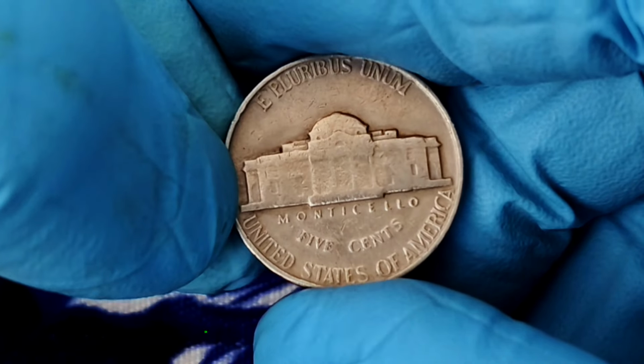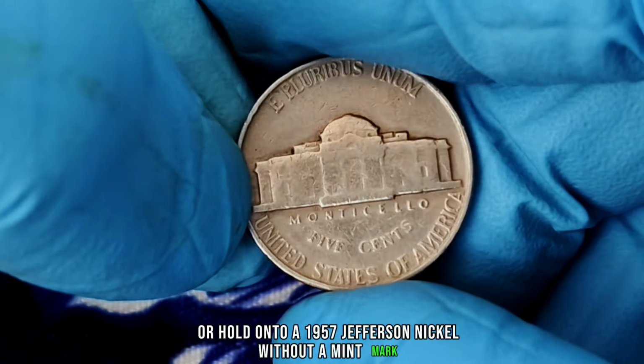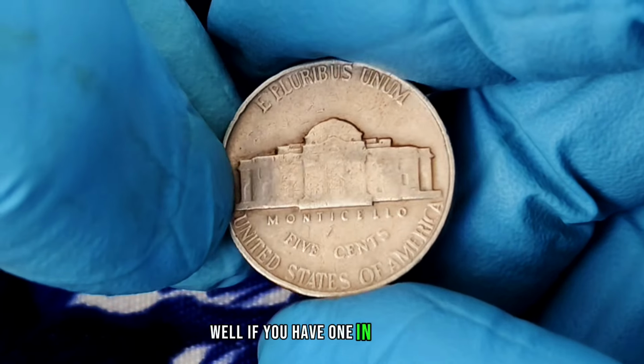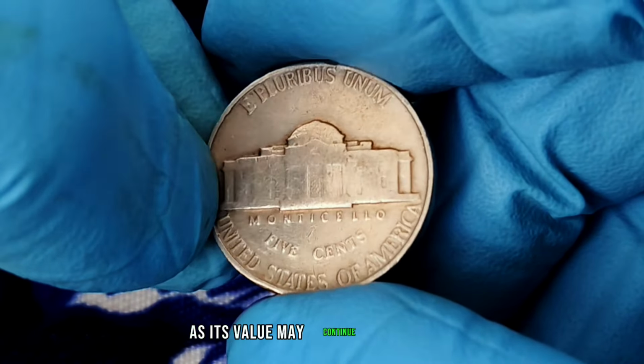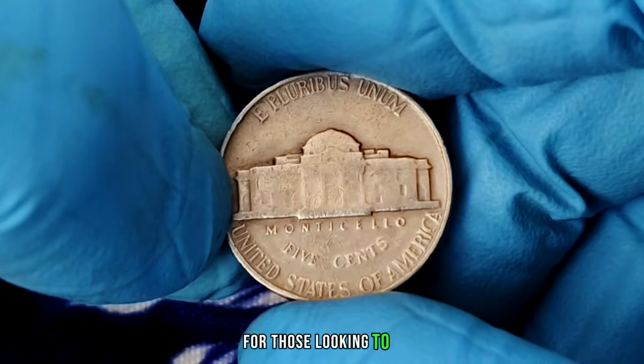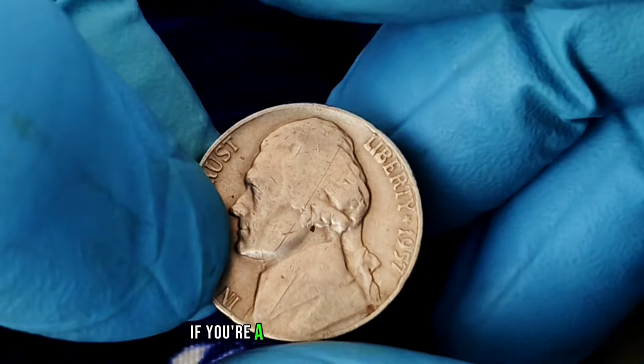So, should you buy or hold onto a 1957 Jefferson nickel without a mint mark? Well, if you have one in extra fine condition, it's worth holding onto, as its value may continue to rise in the coming years, especially if collector demand increases. For those looking to buy, it's a fantastic coin to add to your collection if you're a fan of American